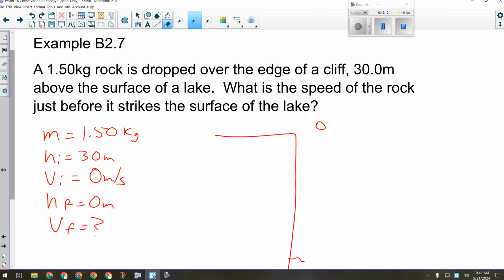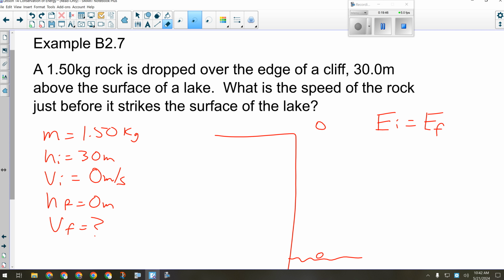All right, so that means that its energy here and its energy here are the same. They're equal. It's conserved because it doesn't mention air resistance or anything like that. So then I have to assume that the energy initial and the energy final are the same number. All right, so that's where we get this idea from. I can identify that this is a conservation of energy question because no work is being done.